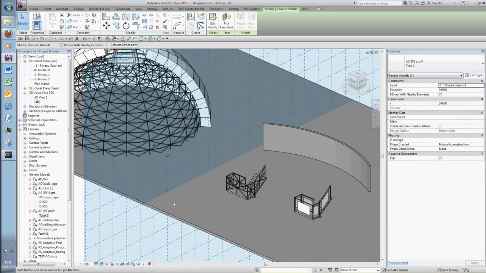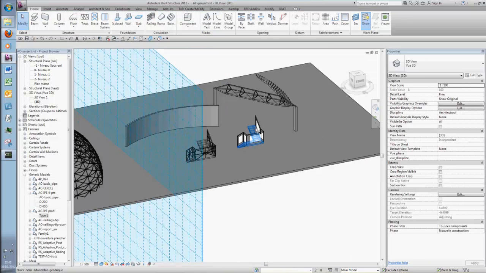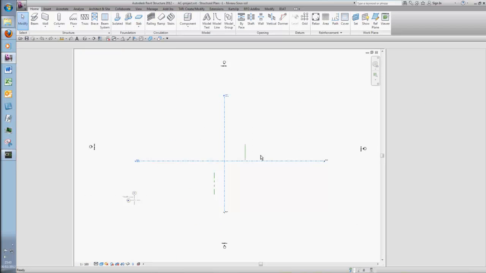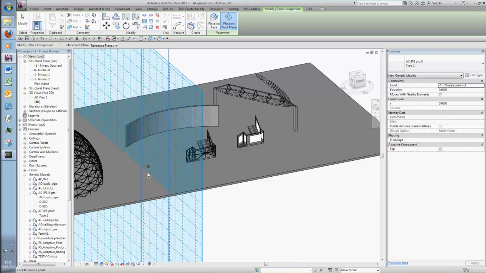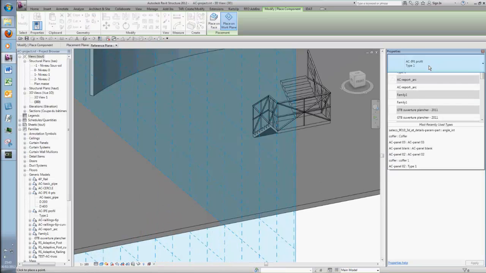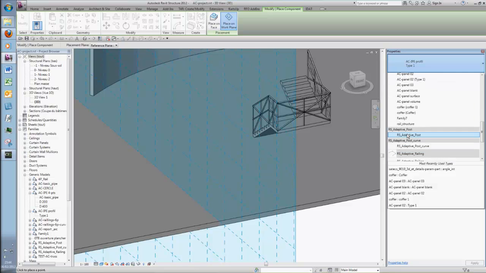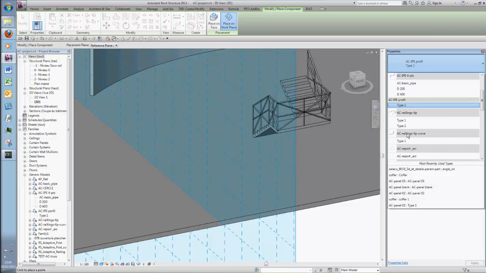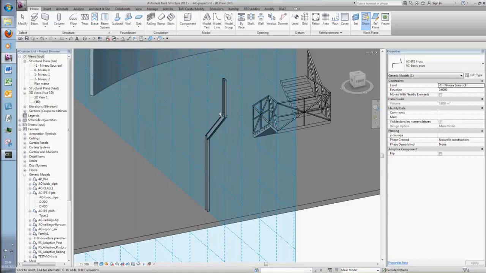How many points? Oh, just the profile, sorry. Just the profile of the component. Where is it? Okay, project. I can't find my family. Okay, here it is. The name is not correct, but